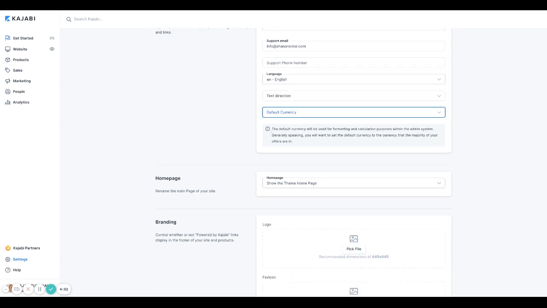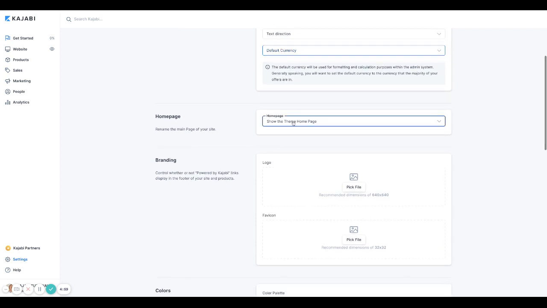Now the default currency, you won't be able to set it until you actually add your payment portals. And I'm going to show you where you can do that. Your homepage,